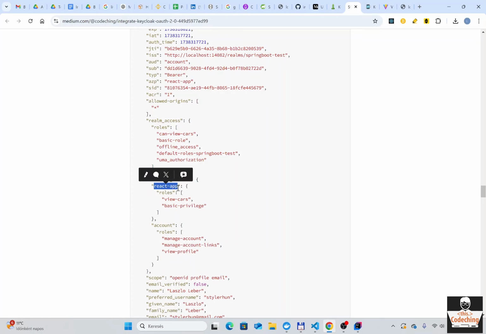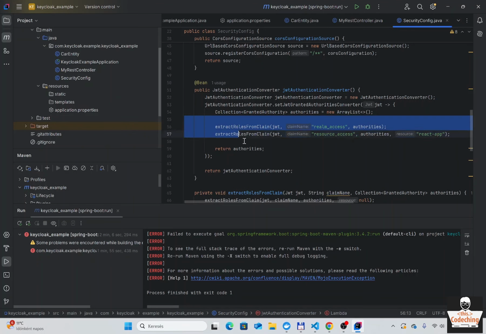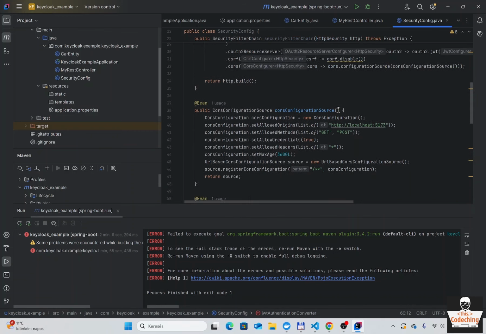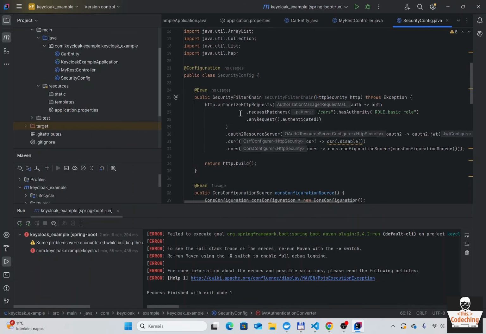So here you can see under the React app that the user has these two privileges. And we are extracting these privileges here with this function. And here we are setting up that basically overall the user needs this basic role to be able to open the API or application API,